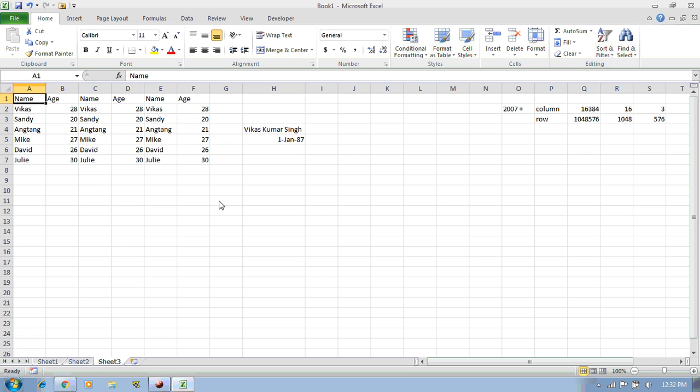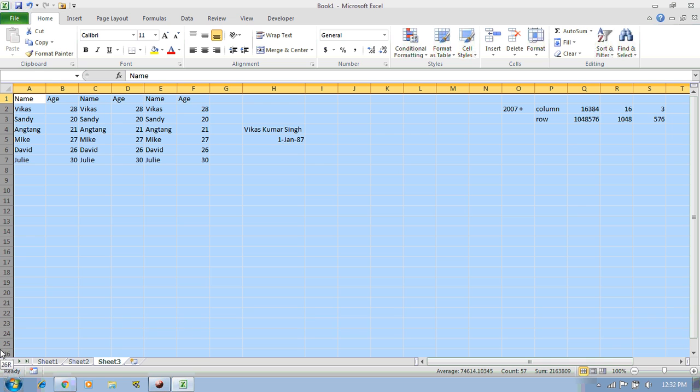Now let's learn one more shortcut key. Here you can see that at first our zoom size is 100%, so we can see 26 rows at one time.